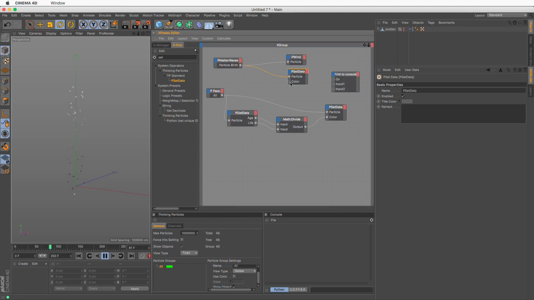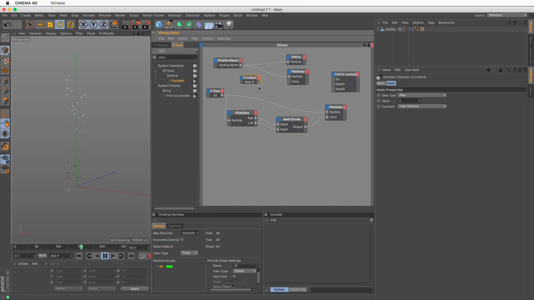So in order to drive the color parameter with a number which is constant across the whole calculation, I need a constant. I'm going to put it here and set this to 0, which is the default value. And now you can see we don't get the flashes anymore. So we have this great setup, and I'm going to save to make sure that we don't lose anything.